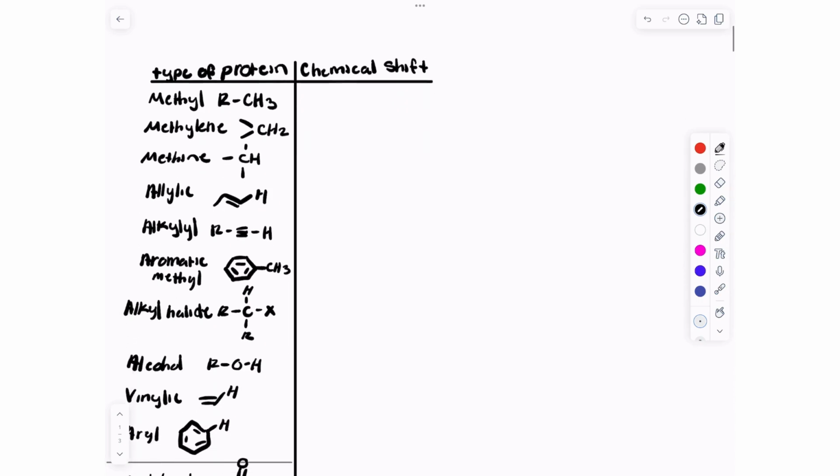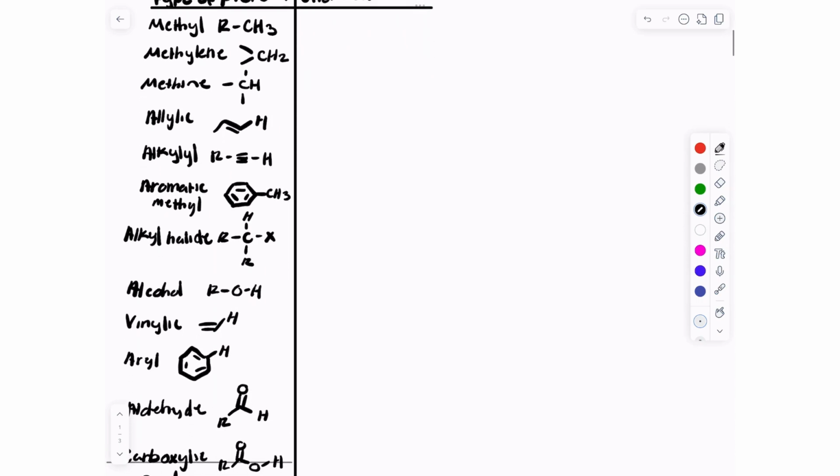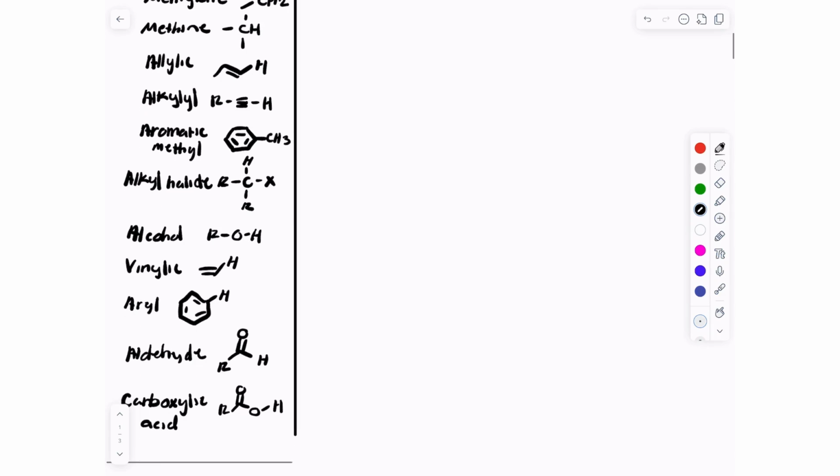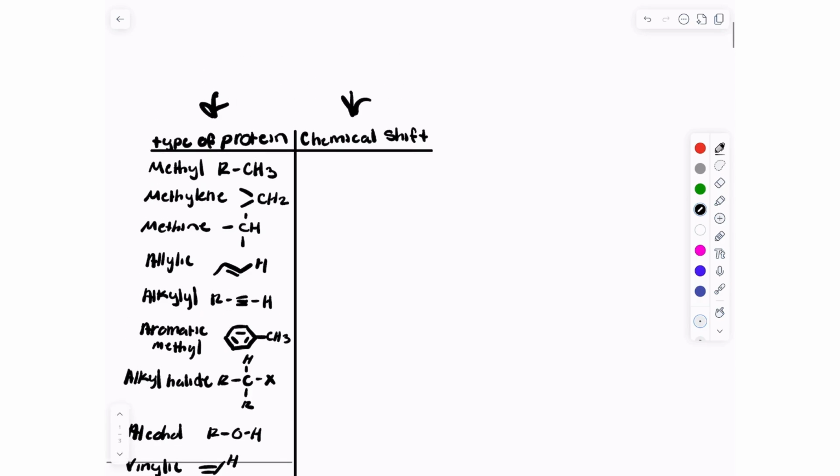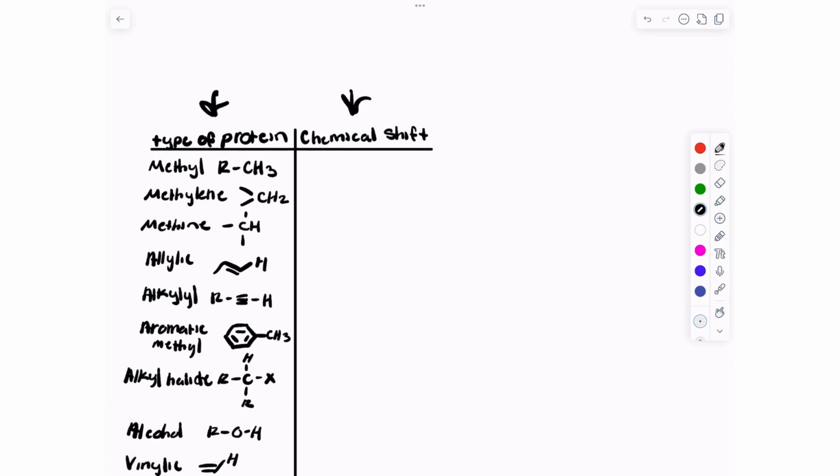I have a lot of the different things you need to look out for when you're calculating or trying to draw an NMR. These are the types of groups that you can have on this side, and this is the chemical shift. I'm just going to list them all out for you. If you have a methyl, which you should probably already know, but if you don't, a methyl is